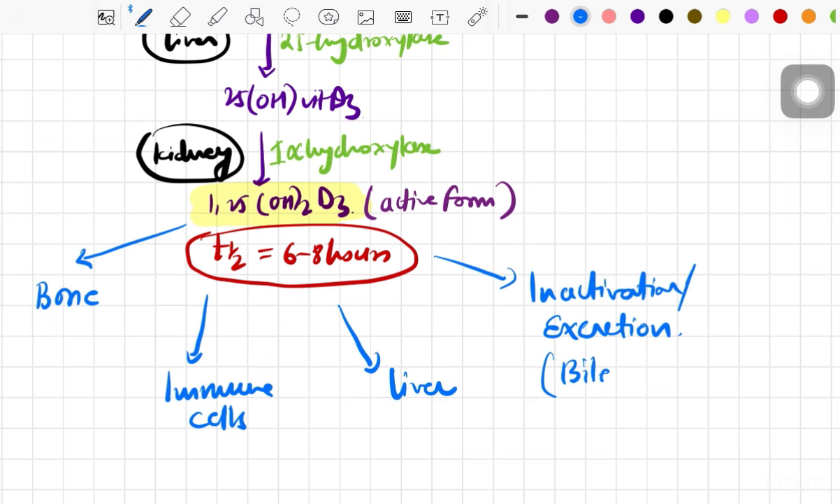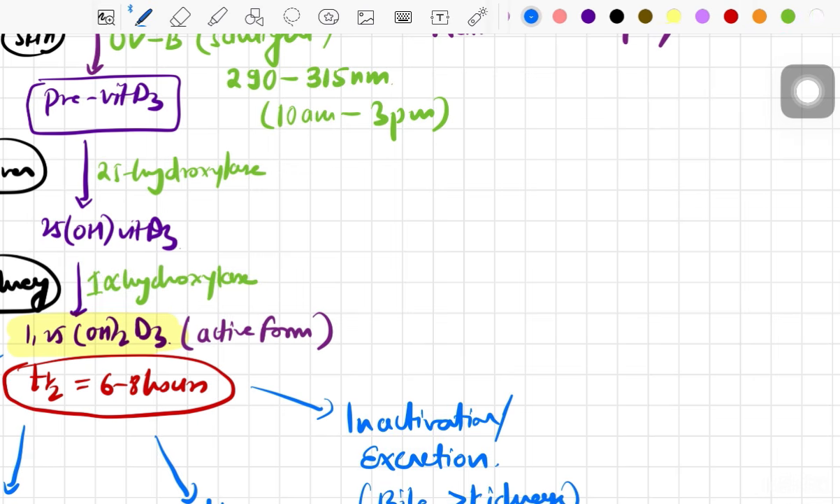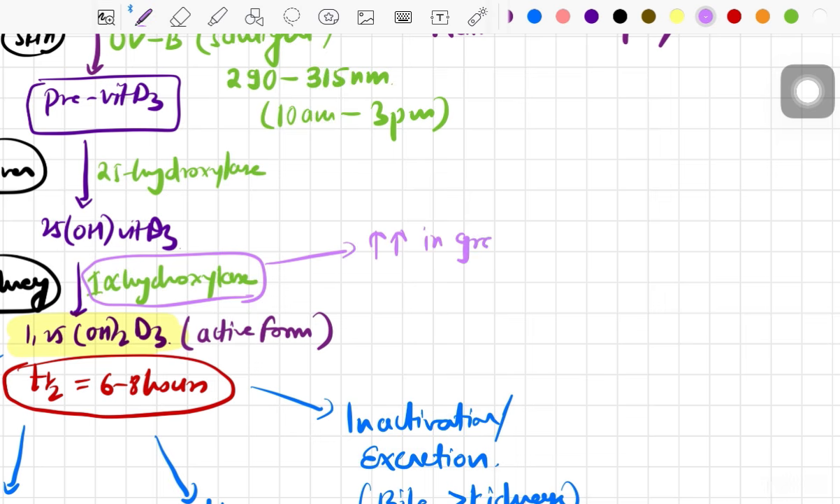Most of it is excreted into bile and then the rest into kidneys. So this is the fate of vitamin D3. Here there is one catch point, that is this 1-alpha hydroxylase enzyme. That is very important to remember. One thing about this enzyme is that it is overexpressed, or we can say it is overstimulated in granulomatous